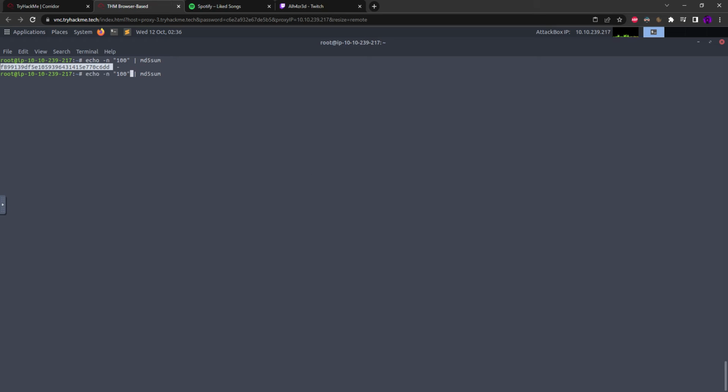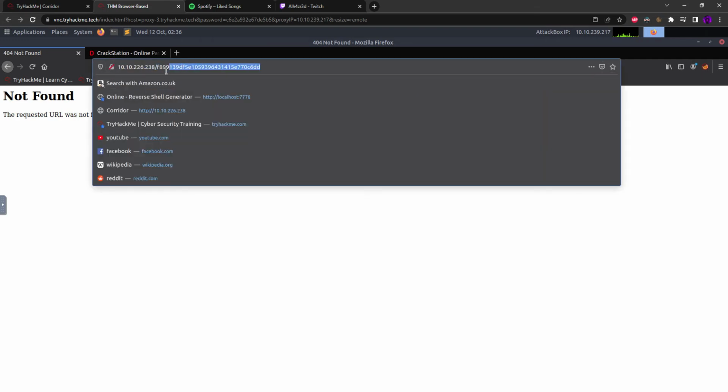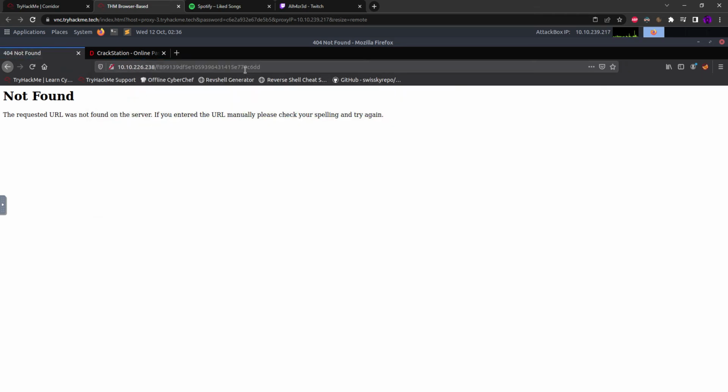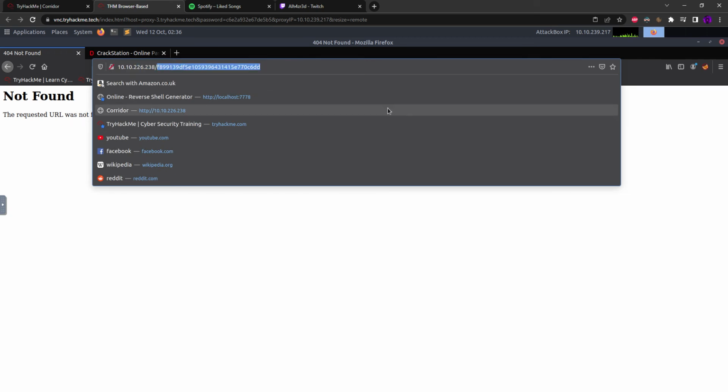Let's do the same thing for 1, and this should give us the first page. Did I not copy that? Okay, so it's giving us the first page, and maybe